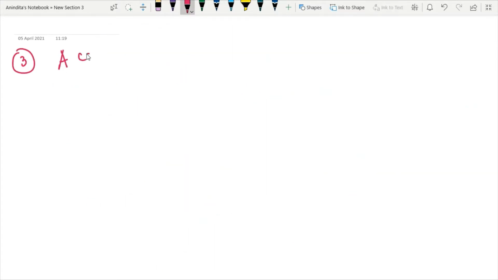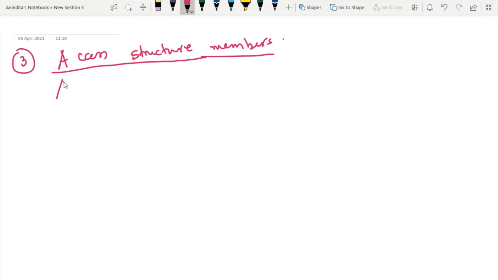Now we will learn how to access structure members. So we have several mechanisms, but we have to learn each one of them one by one. So the third step is, see, we have to define a structure. So where should I define the structure? After writing, say, hash include stdio.h, that is, after writing the library files, then you have to define the structure, means the body of the structure. So in that case, we have struct student.